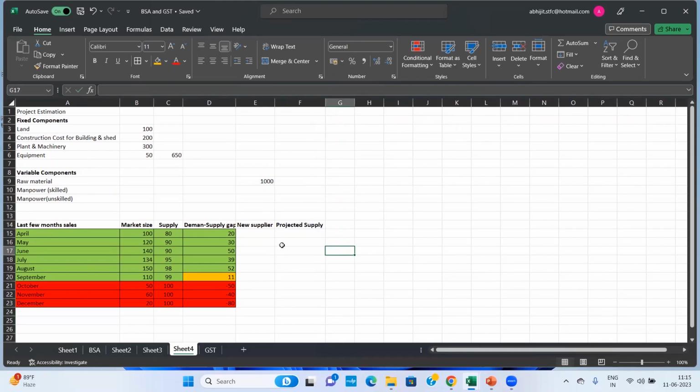So in the meantime, say there are 5 new suppliers or the new players who has entered into the market where I am playing. And there is additional supply of say 10 units every month. Demand, I assume it remains same. Now, the actual demand supply gap is